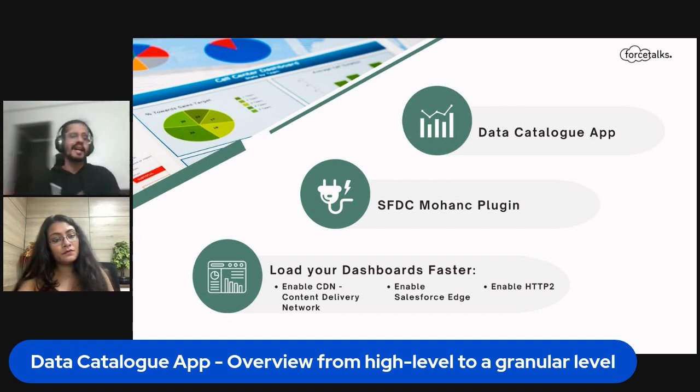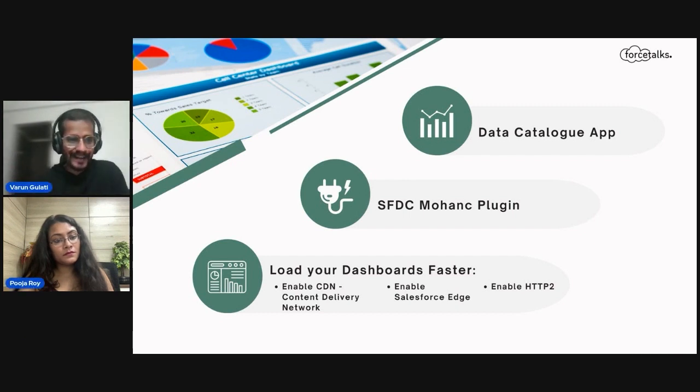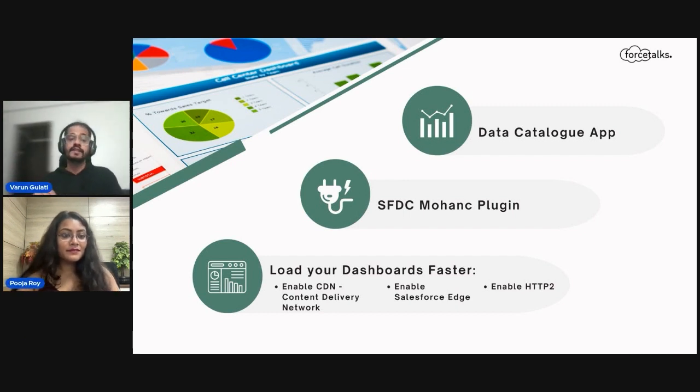If you are a UI guy, and if you are a CLI guy, you are like me. Again, the SFDX Mohan C plugin. Undoubtedly, it's one of the greatest contributions to CRM analytics over the CLI, that helps you analyze how the fields are used across CRM analytics dashboards, how your data sets are used, which data sets are not used, how those fields are being used actually in the dashboards, or they are simply just for the heck of it.